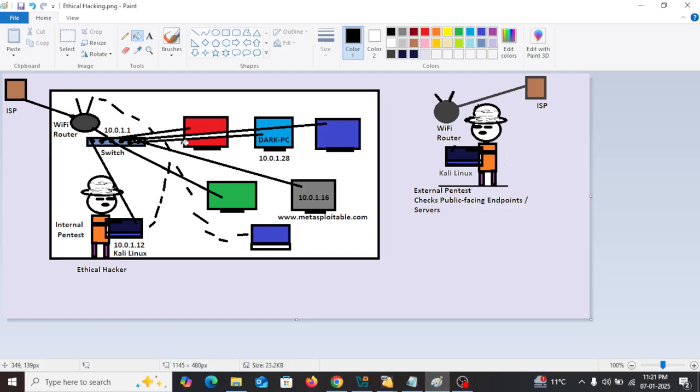So for example, we are doing an internal penetration testing. I am an ethical hacker. I'm inside the corporate network, and it can also be done from the outside, which is called external penetration testing. In my upcoming videos, I'll be using ShellGPT, artificial intelligence, and show you how we can use it for